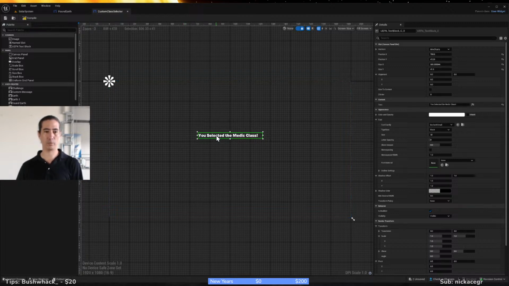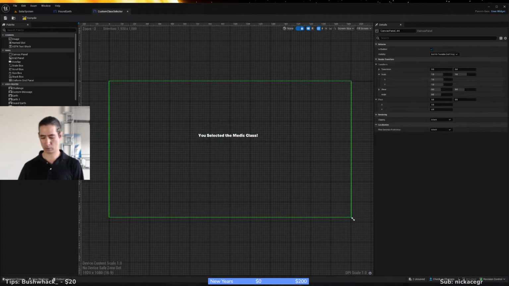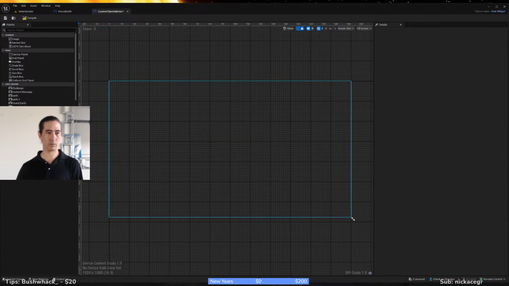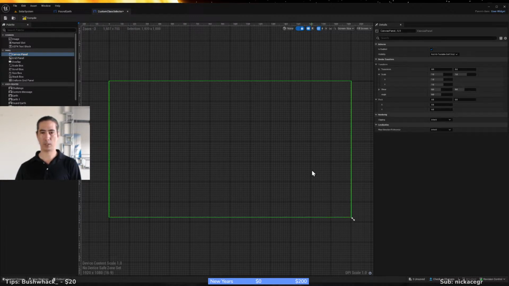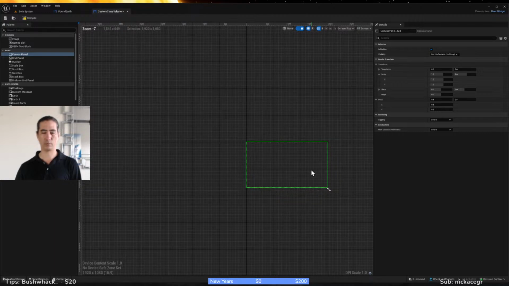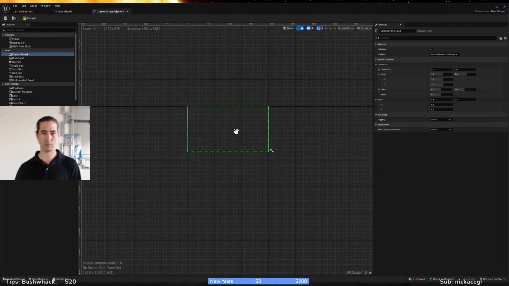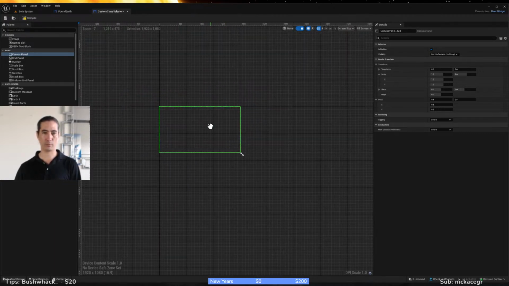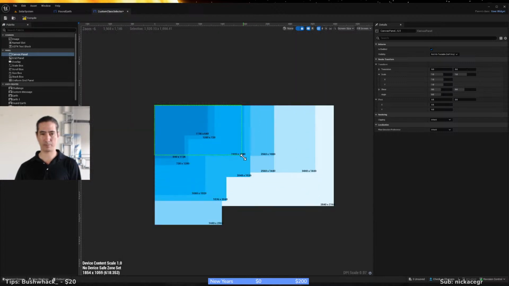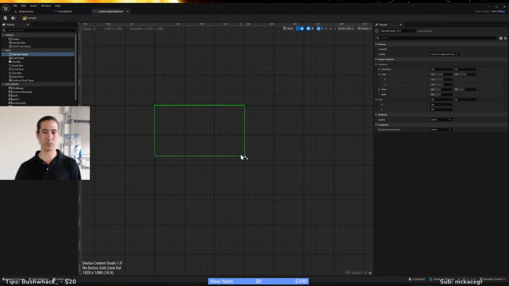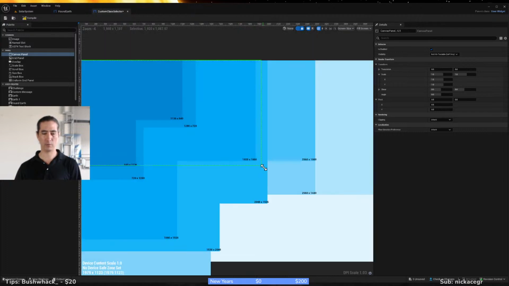So just remember when you're here, let me delete this and I'll show you again. So it makes sense, right? You're going to want to select the canvas panel, drag that into empty space, use your mouse wheel to zoom out, and right click hold to drag it around. But you do want to resize this to make sure that it's full screen for HD, which is 1920 by 1080p. Right there.